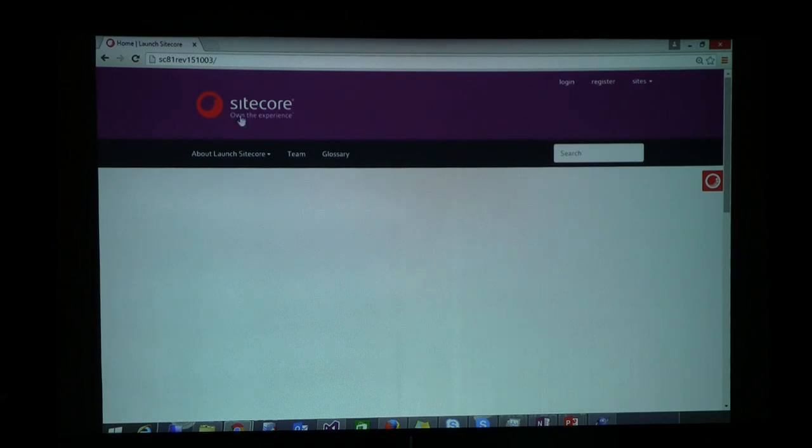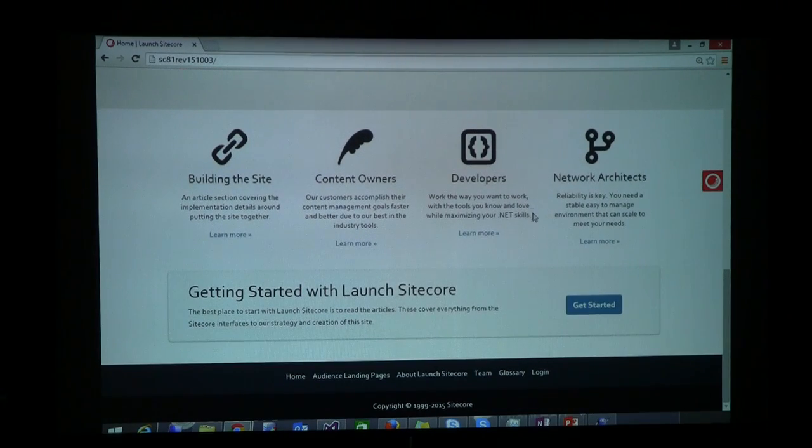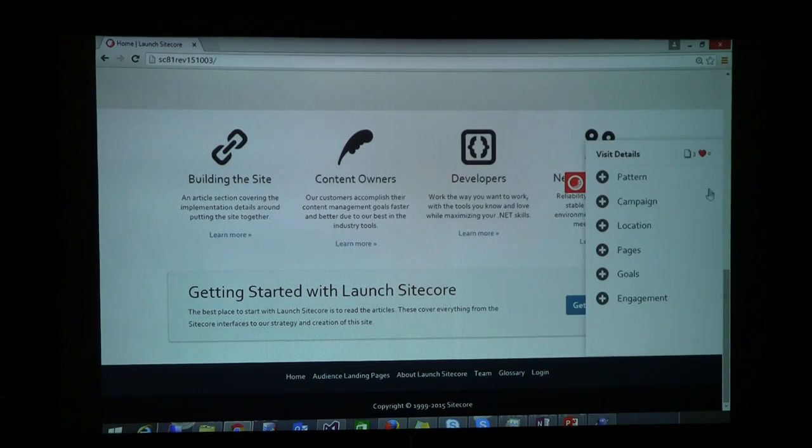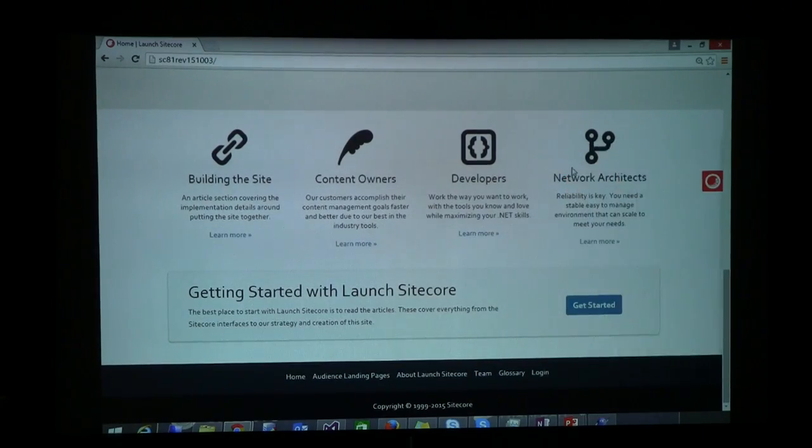I believe that widget on the right you are clicking, is that something that Launch site code actually put there? Yes. Okay. Yeah, Launch already had this widget, the visit detail widget. All I did was add a few more fields here to show the IP address, the region, and the country code, things like that. Yeah. So now let's go and